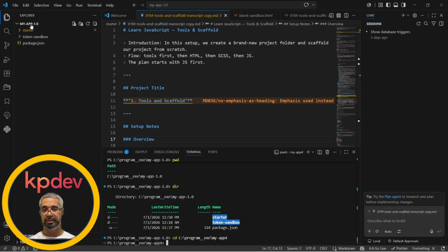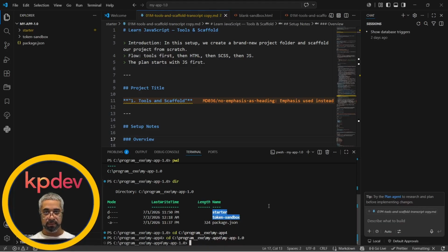I know because we can see it visually. But when you go to the terminal, and let's change directory one more time so you can see what I mean. Now I'm in my app 1.0, which reads my app 1.0. This is the root directory. In this file location path, the root directory is not my app 1.0. The root directory is actually program underscore execution, but